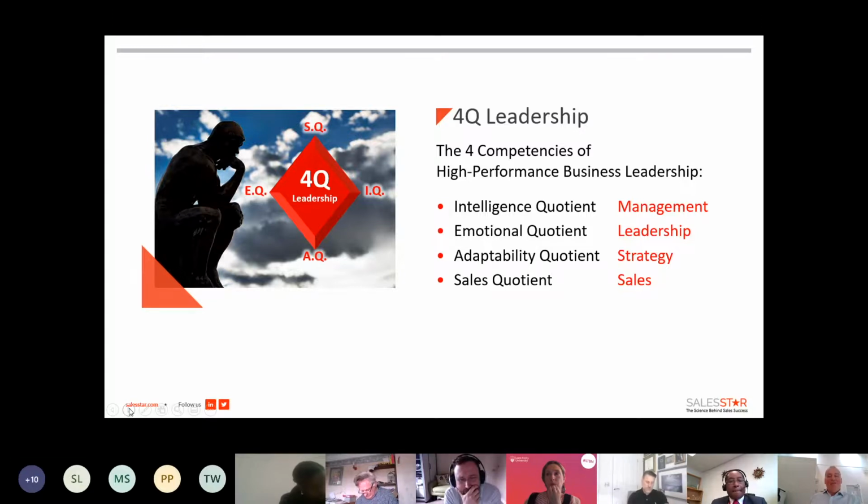So surround yourself with great people if you're not as strong in some of these areas. And interestingly, when you're selling, people who've got a high degree of emotional quotient and adaptability quotient will also be more successful, because in terms of emotion, if you can listen to people, then you're going to create new opportunities for your business, and you're going to listen to your clients more as well. So they are the 4 competencies of high performance business leadership, and they all fit into being able to set